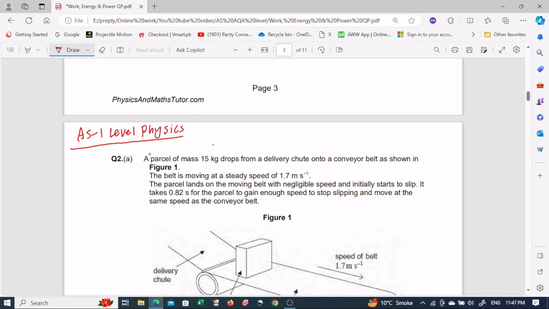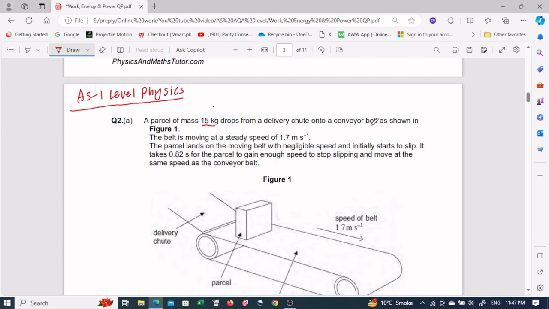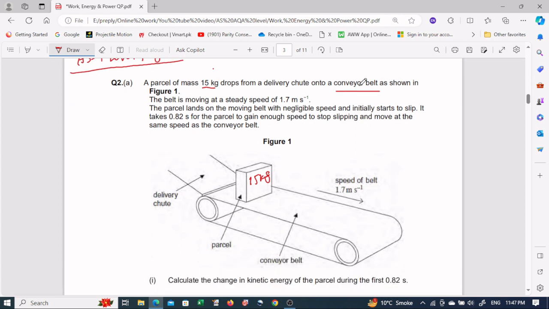A parcel of mass 15 kilogram drops from a delivery cart onto a conveyor belt. Here we have a diagram of a conveyor belt, okay? And the parcel has a mass of 15 kilogram. This is the conveyor belt. The belt is moving at a steady speed of 1.7. So steady means the